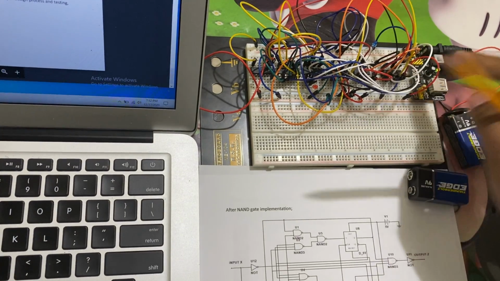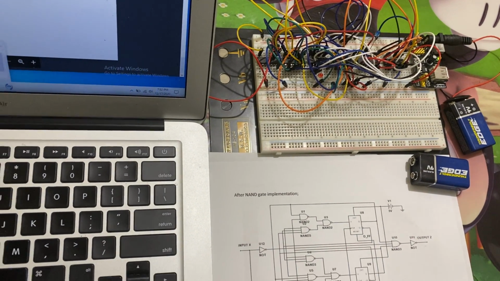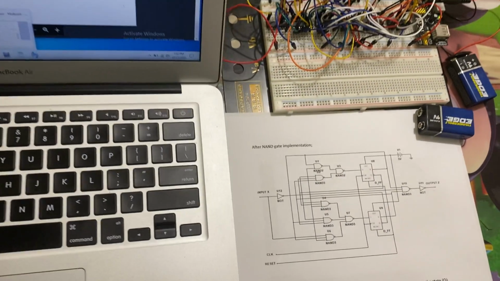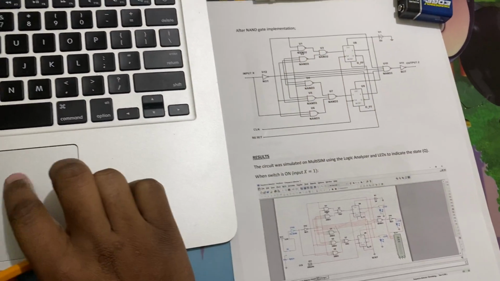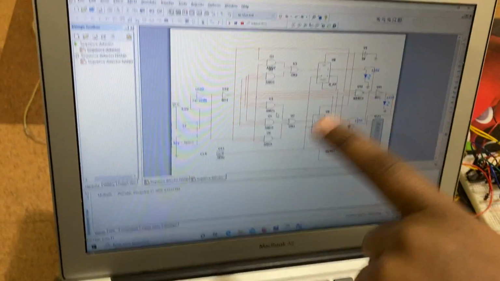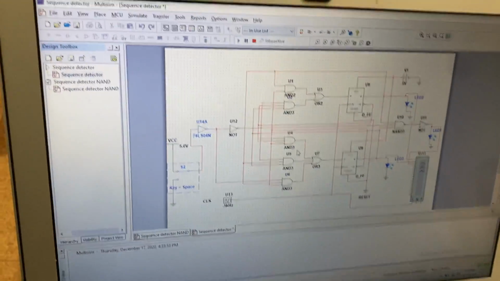As you can see, if we had the 3 input, which I did on my schematic, which is a printout, I'm gonna show it here on my laptop. This is my schematic. This is my schematic. As you can see,